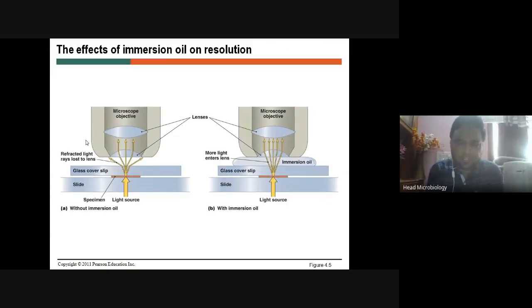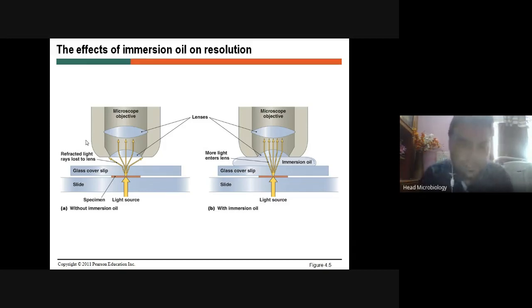Whenever the magnification is high, its focal value gets reduced. As the magnification increases, the thickness of the lenses increases, so its focal length value gets reduced. This is the basics of physics again. As the magnification increases, 10x, 40x, 100x, the thickness of the lenses increases, then the focal point gets reduced.